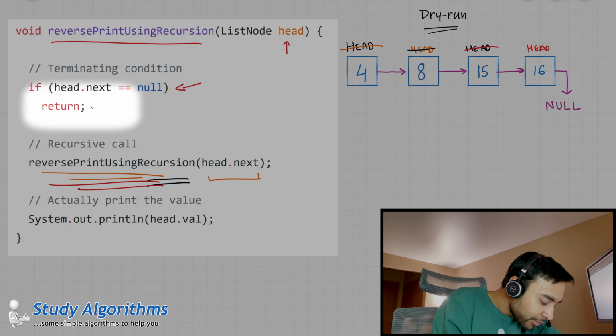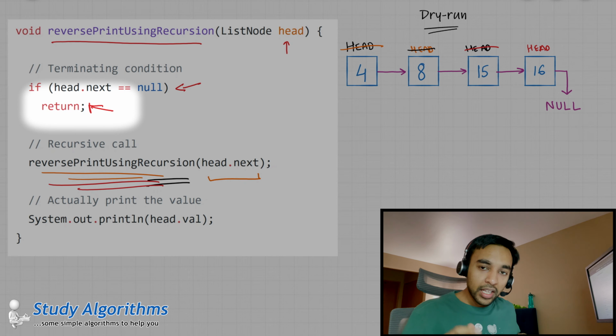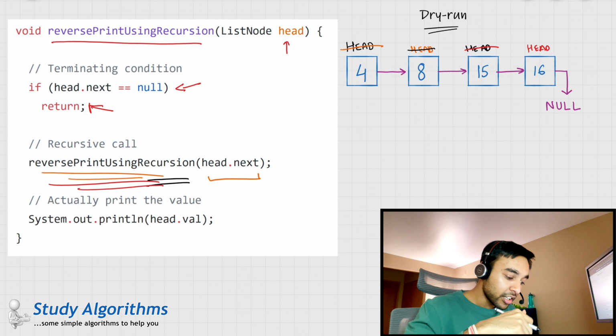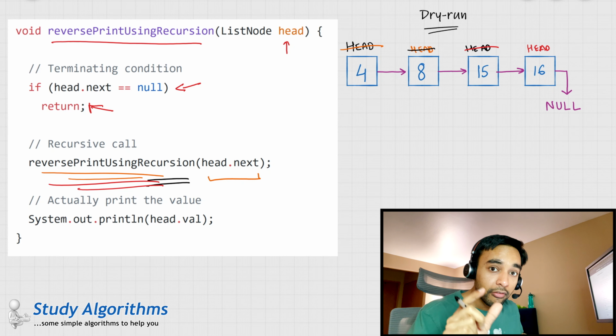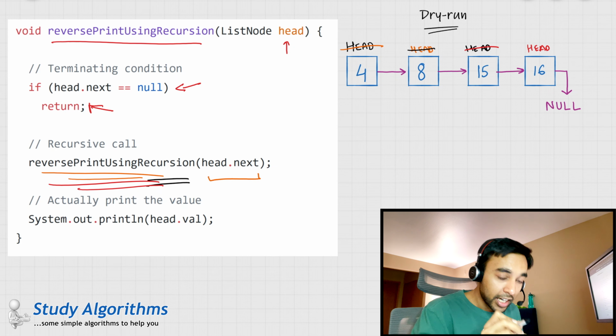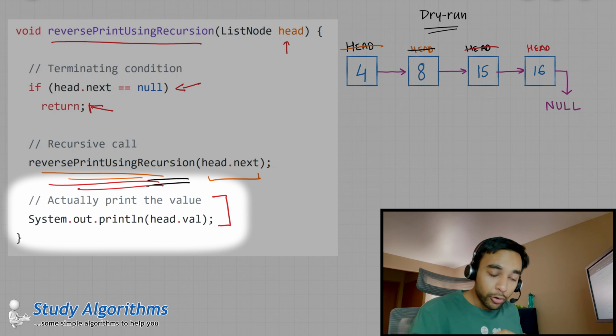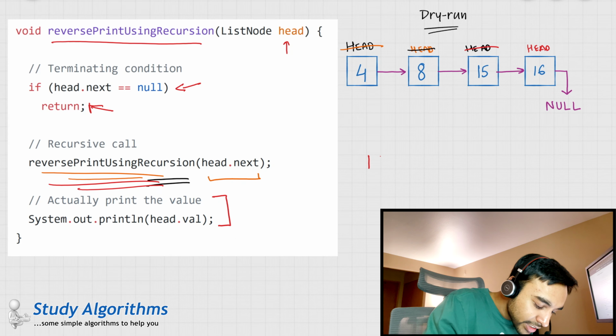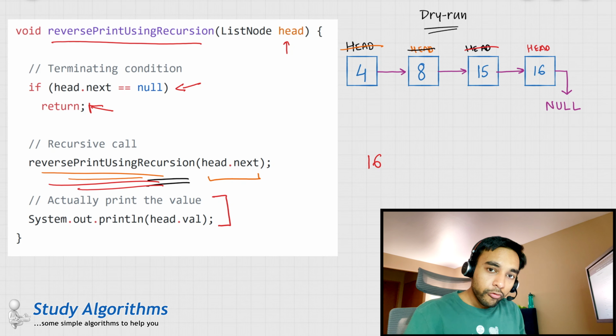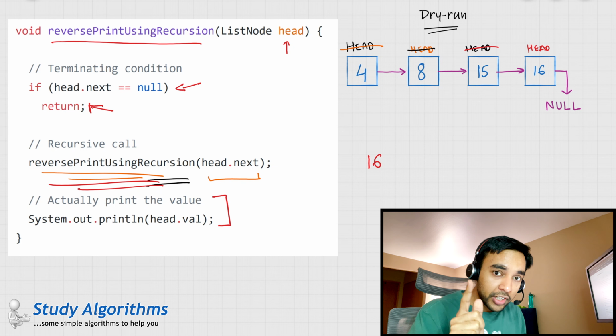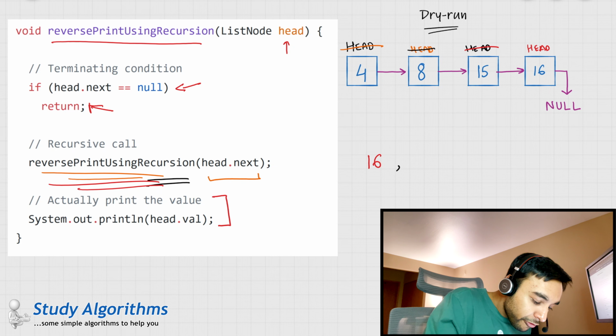So this time the return statement would be invoked. And when your function returns, it will return from the call when the value of head was at 16, right? So this time the print statement is invoked and hence 16 is printed on the screen. What happens next is all of your recursive invocations are now returned. So before 16, how did you invoke the function? You invoked it with 15, right? So this time 15 would be printed on the screen.